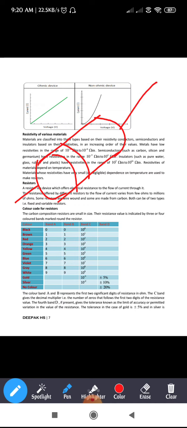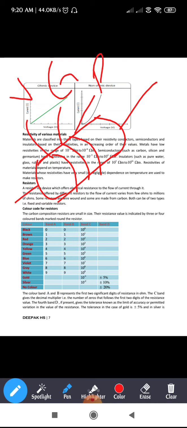the color code on the resistor, sometimes you will be having 3 bands or 4 bands. Till now we studied the case where the resistor has 4 bands, right? So let us go through the case where the resistor has only 3 bands. So how are we going to calculate if there are only 3 bands? Let us say the first band is violet, the second band is green, the third band is red, and the fourth band you don't have, but you need to calculate the value of that.